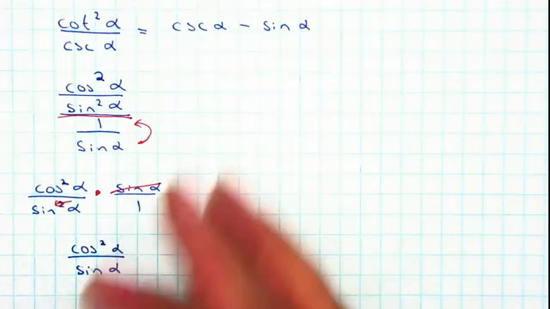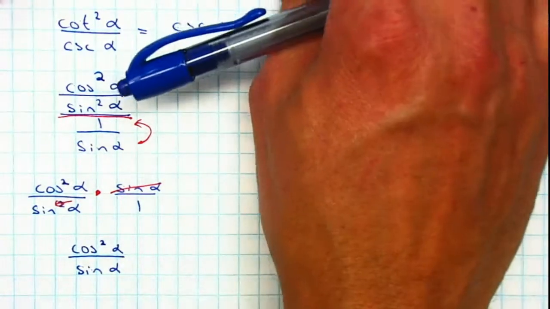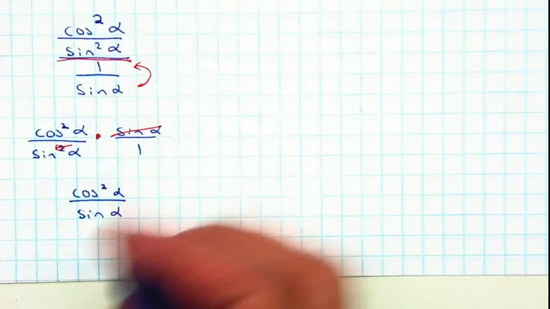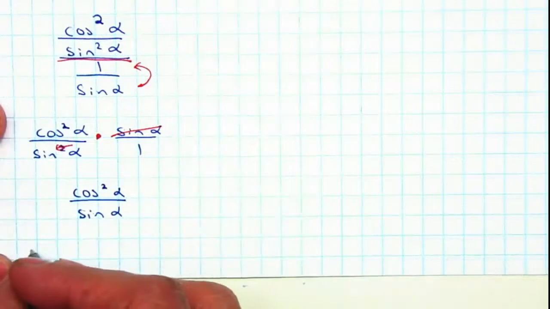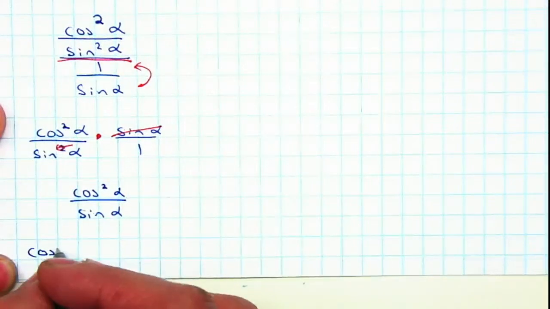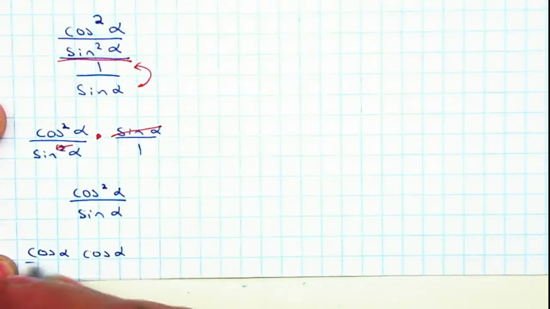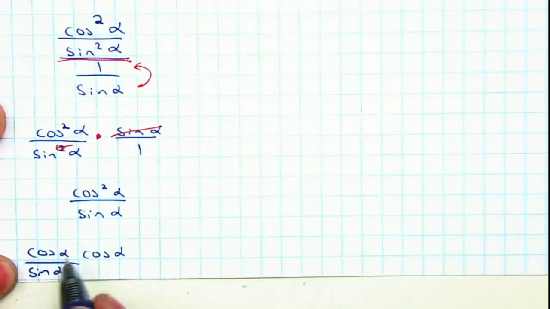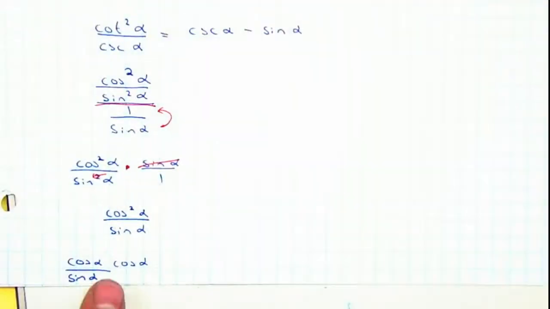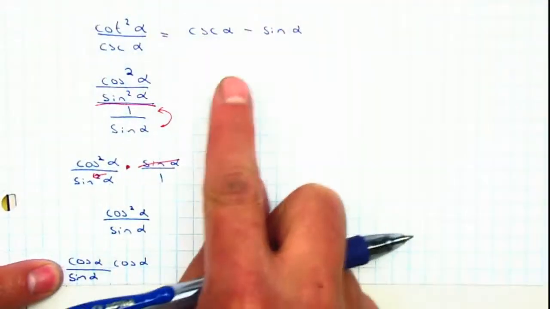And I can separate this as cosine of alpha over sine of alpha. But if you notice, what I'm trying to achieve is not helping me get to here,